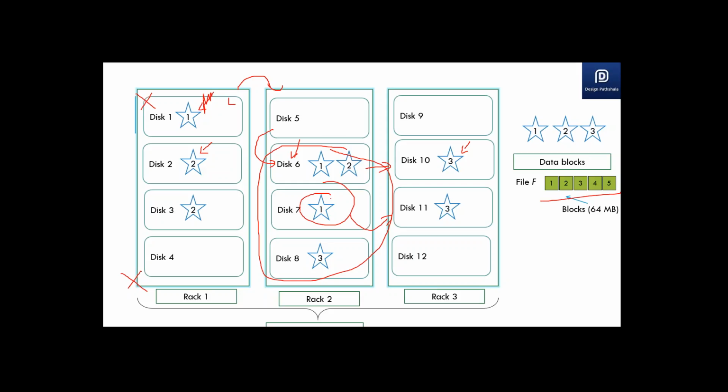Okay, I'm able to get that, but my question is, why do we need to have the data on disk 1 and also on 6 and 7, because anyway at a given point of time we'll be processing it from one block, right? Like one disk. Yes. Okay, that's a good question.